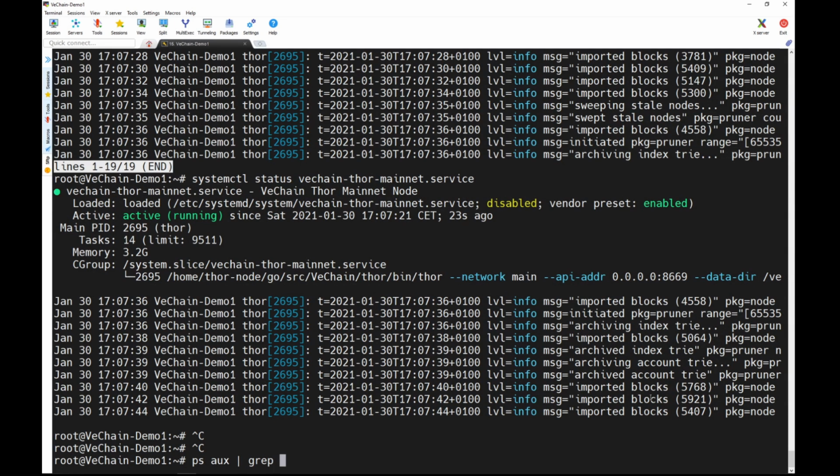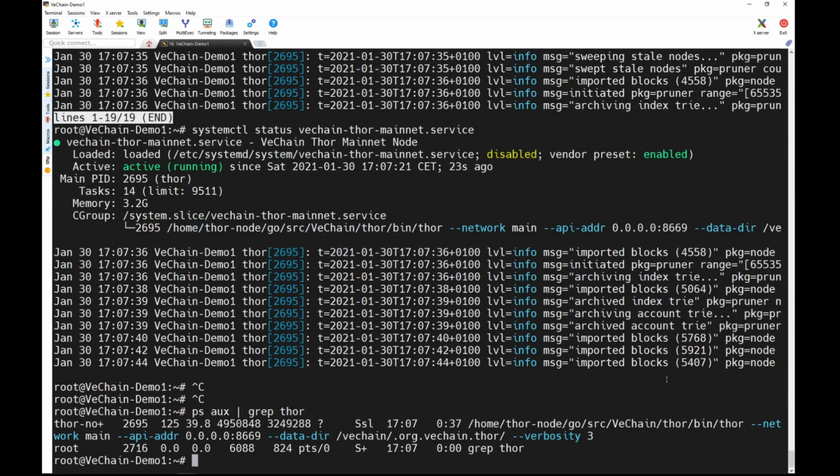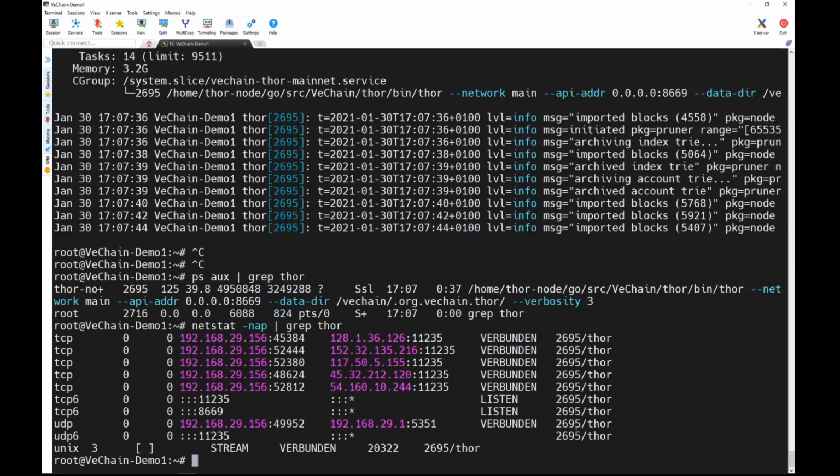if there is a Thor process running. Yeah, okay, fine. And we can check if the Thor node is connected. And here we can also see 1, 2, 3, 4, 5 sessions connected. As I said, most of the time we have 5 nodes connected, and as you can see,